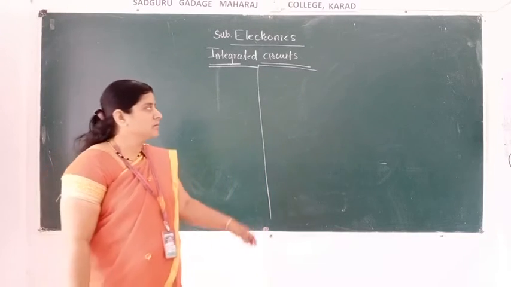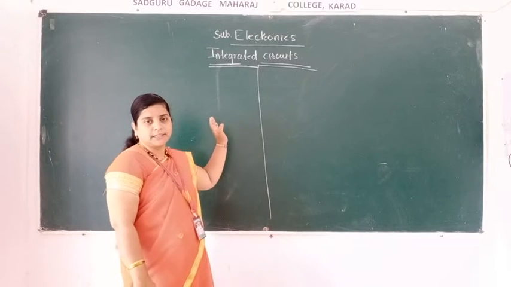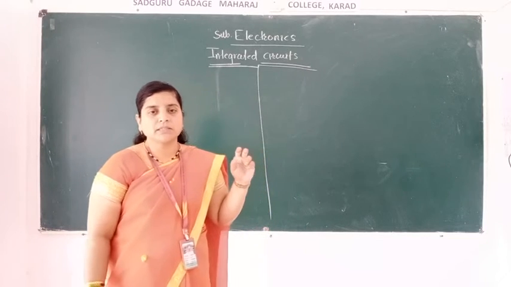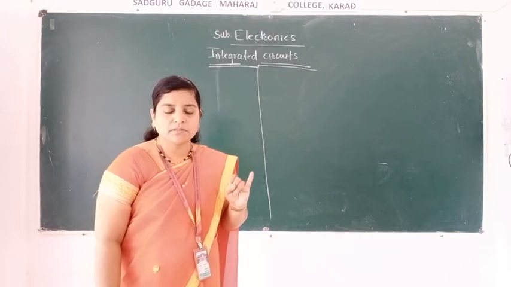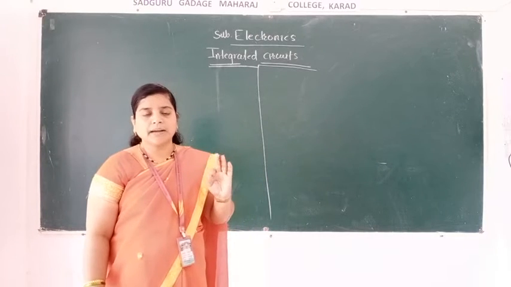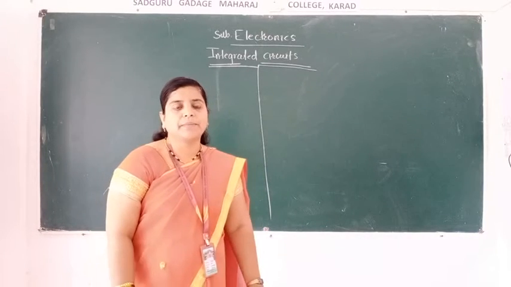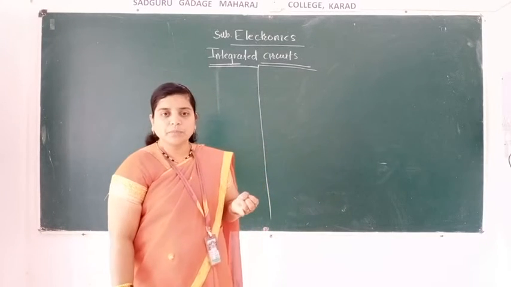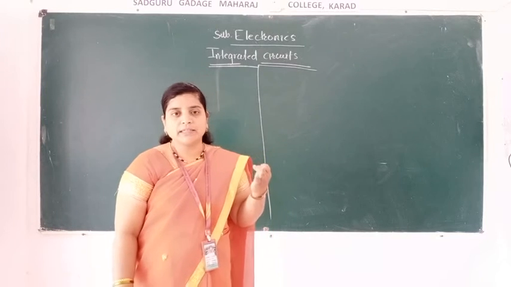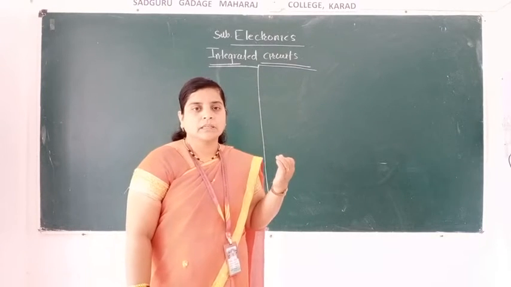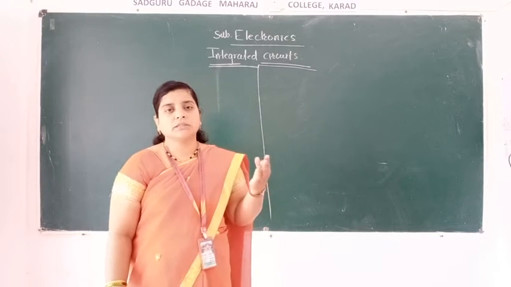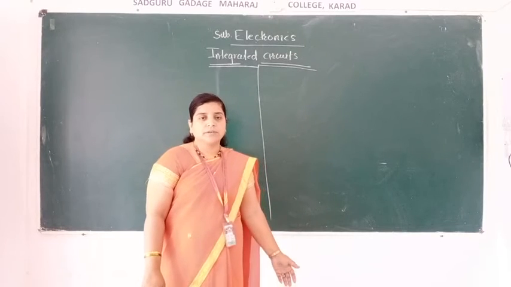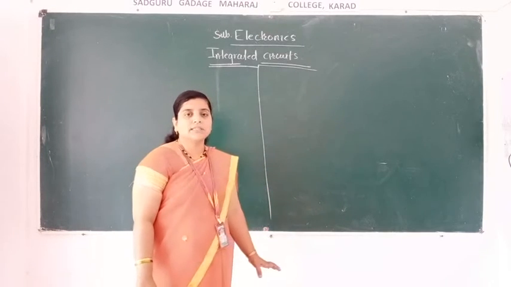We have started the last chapter, that is the integrated circuit. In this chapter, we have to see the points: IC 555 timer, astable multivibrator, bistable multivibrator, monostable multivibrator. Means in short, we have to see the multivibrators. Then pulse width modulation, PPM, that is pulse position modulation, pulse amplitude modulation, then frequency shift keying, that is FSK. So all those points we have to see in this chapter.